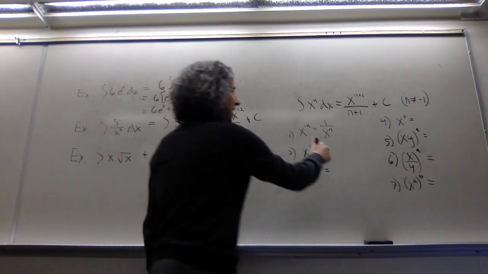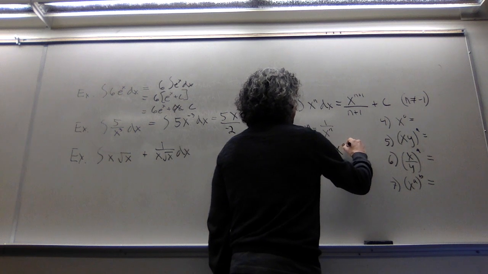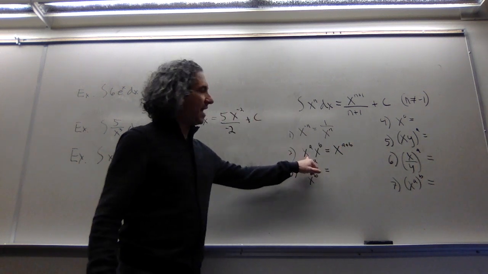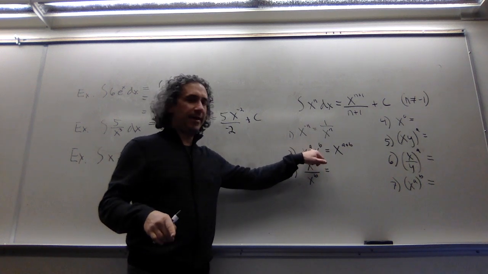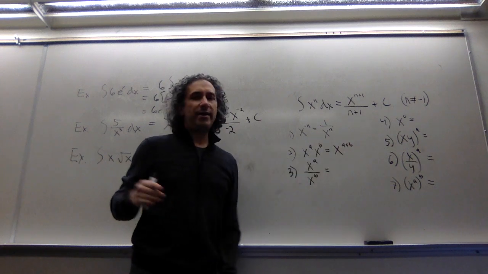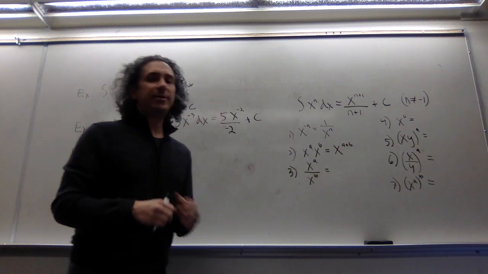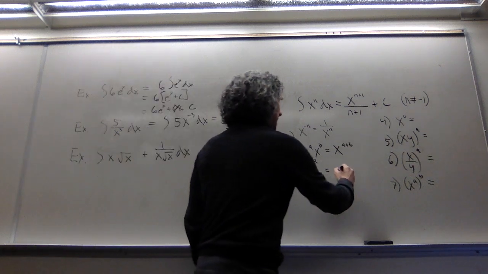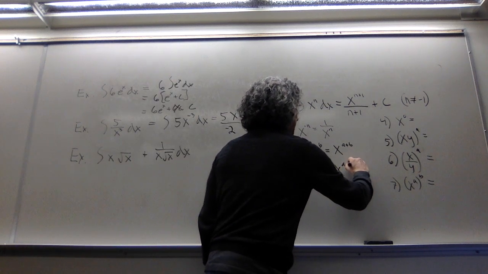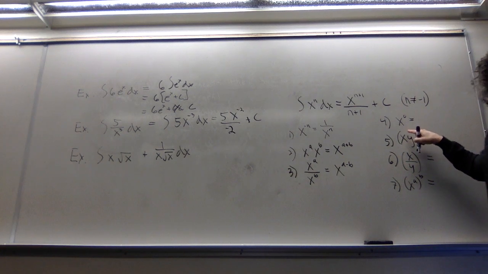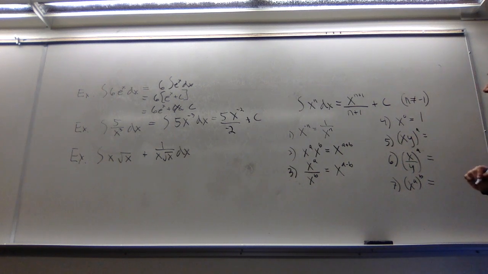All right, hopefully you said that we just add exponents if we have the same base. The idea here is that we've got x, a of them, times x, b of them. So we have a total of x, a plus b of them. So that's why that's true. When you divide and you have the same base, that's x to the a minus b. X to the 0 is equal to 1.